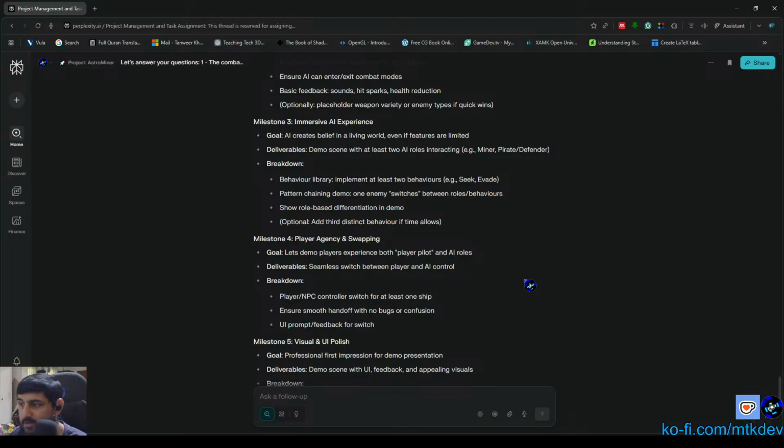It lets the players of the demo experience both the player pilot and the AI roles. The deliverable is to switch seamlessly between player and AI control. That, I don't think I want to do this. I need to correct this part. This is not allowable. What I actually should have